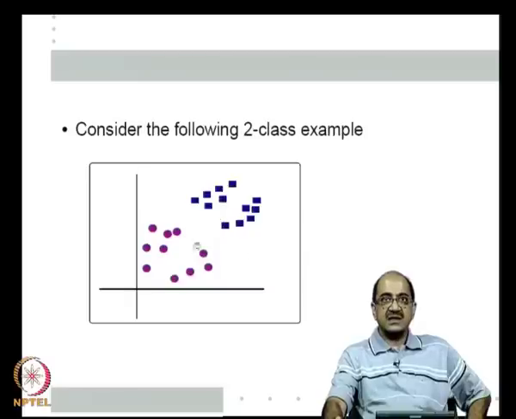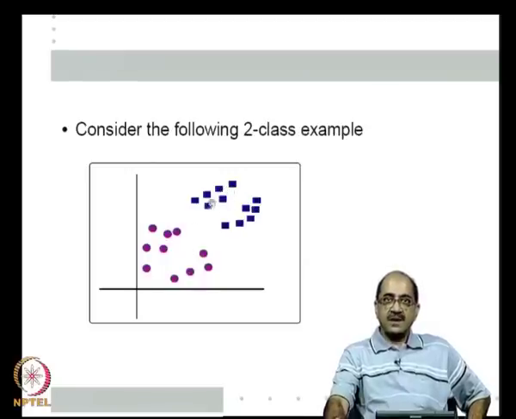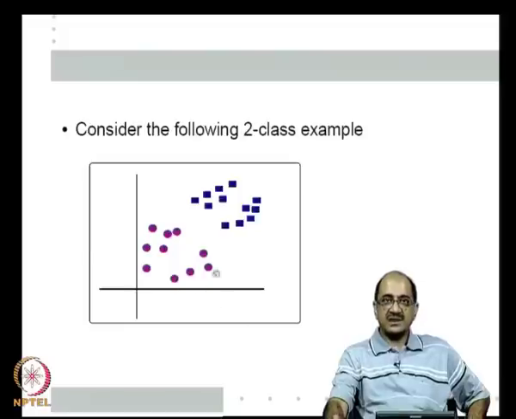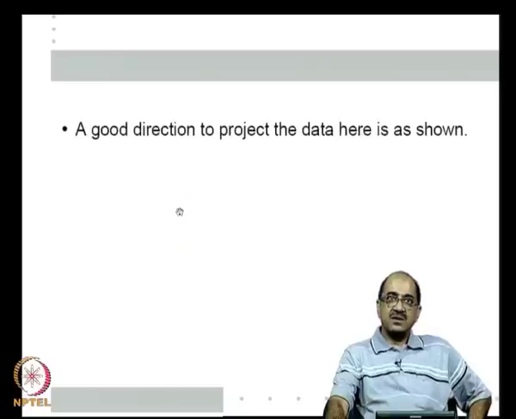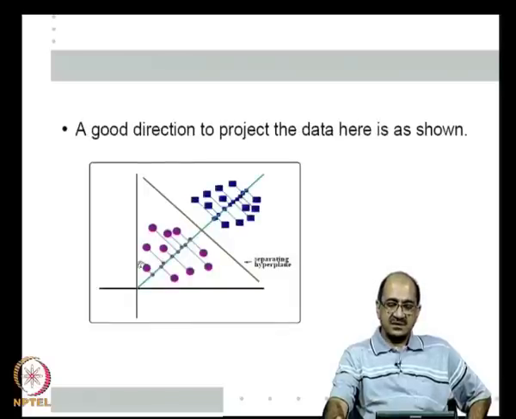Let us say this is a two class problem. Reds are one class and blues are another class. If I project all data, for example, onto the x axis, the reds and blues get intermingled on the x axis. Similarly, if I project it onto the y axis also, they get intermingled. But we can easily find a direction, namely this line. If I project the data along this line, as you can see, if I recode my two-dimensional feature vectors as one-dimensional feature vectors by projecting them along this direction, then all one class patterns are on one side and all other class patterns are on the other side.